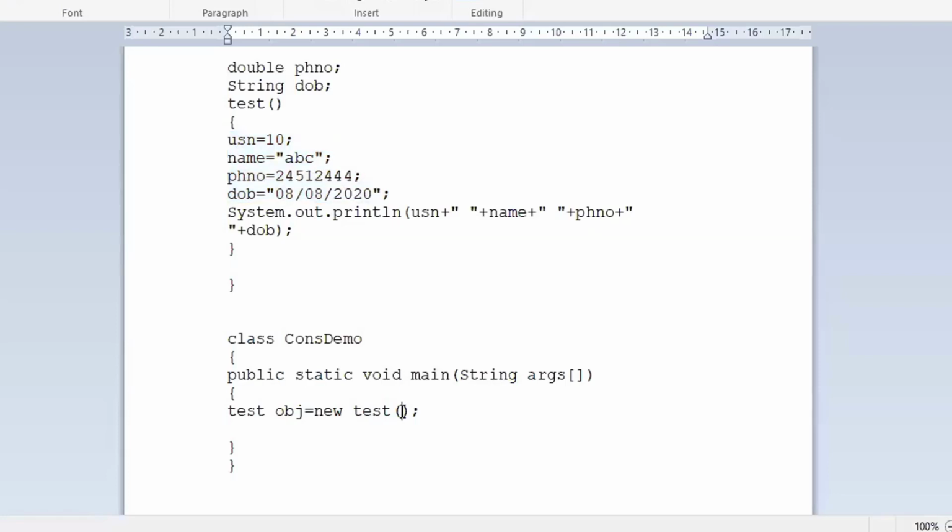What parameters do I need to pass? Instead of initializing there, you give the values here: 10, double quote ABC, comma, phone number. Let me copy this particular phone number and put it here. Same values I want to initialize.